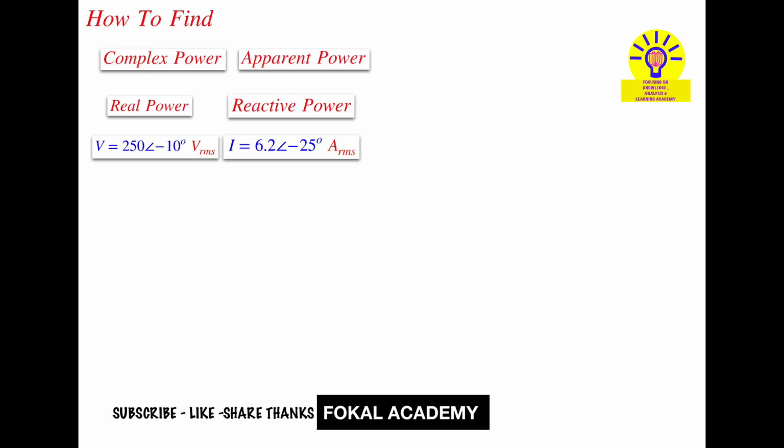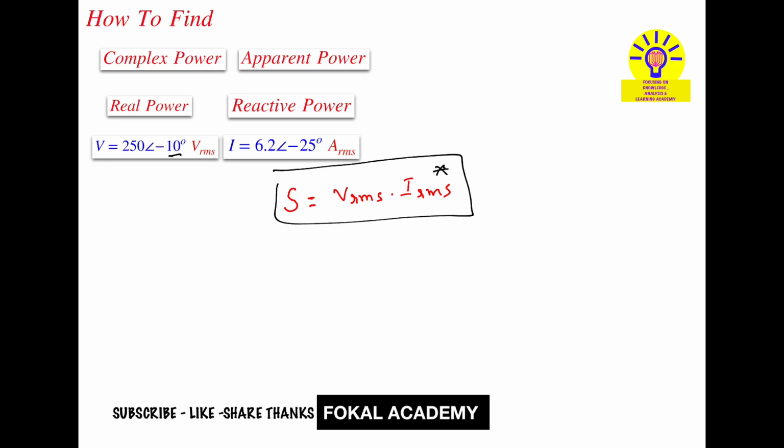Complex power S is equal to V RMS into the conjugate of I RMS. This is the standard formula for finding complex power. Whenever phasors are given, meaning the phase angle is given, we substitute these two equations into this equation, and we will get